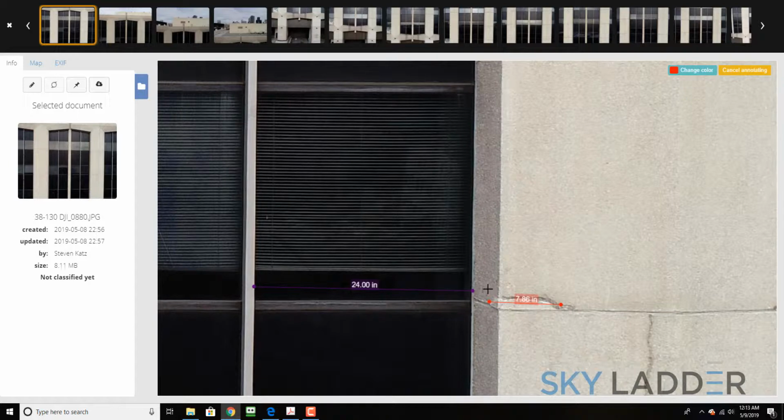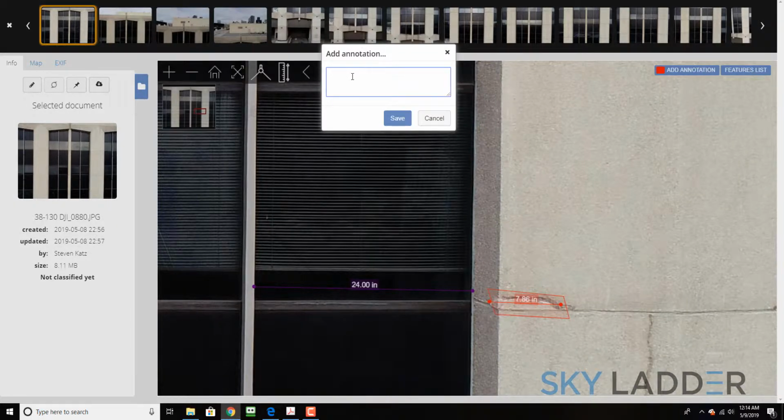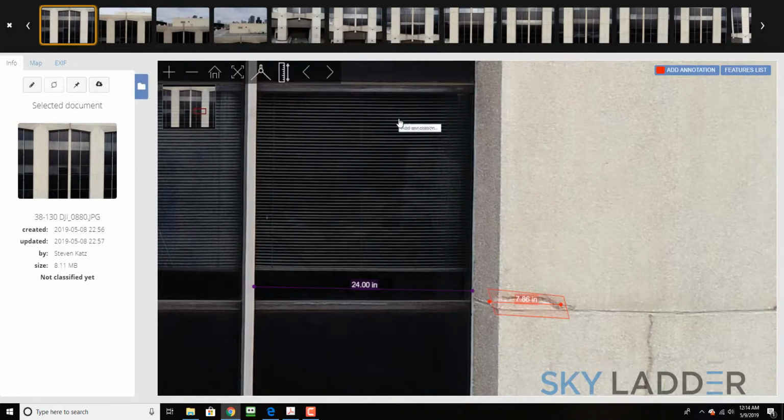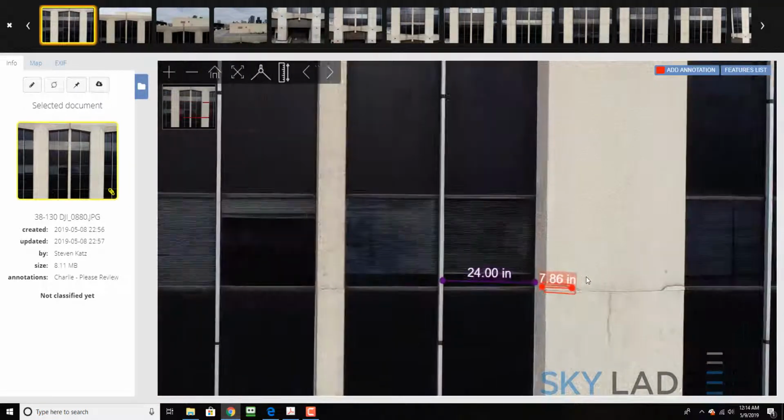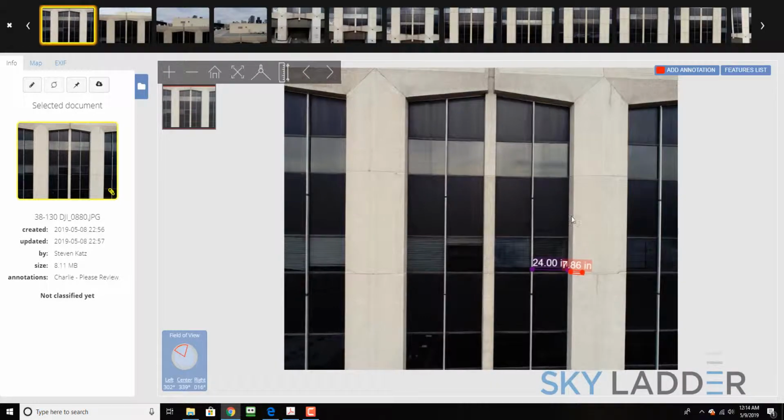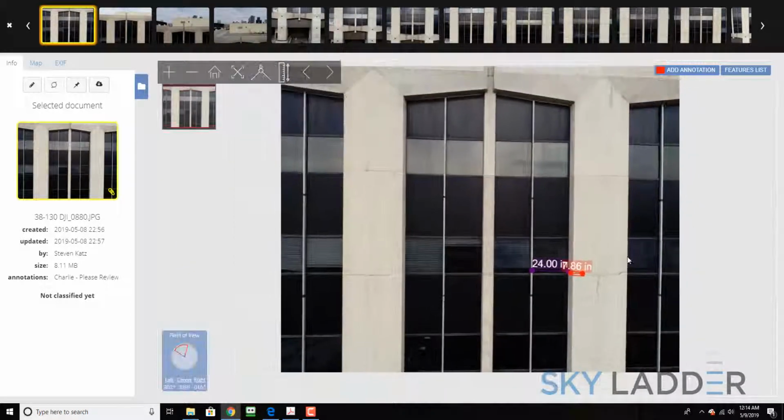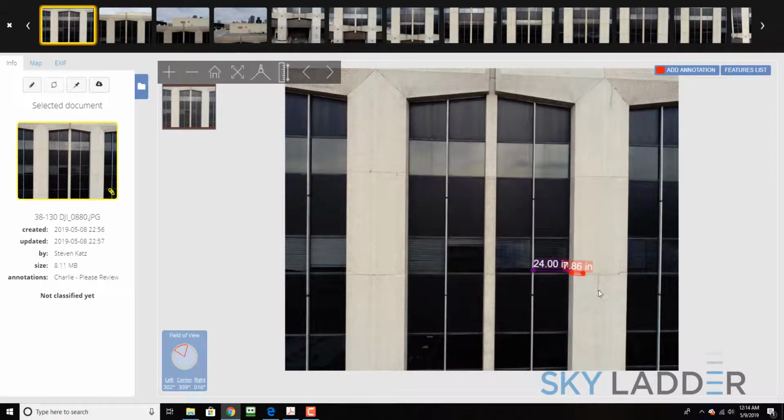Kind of click here, add an annotation that says, Charlie, please review. And we can also do a couple different tags and have actual other action items too, which I can show you in a little bit. So the nice thing is that this not only becomes an actionable piece of a photo,